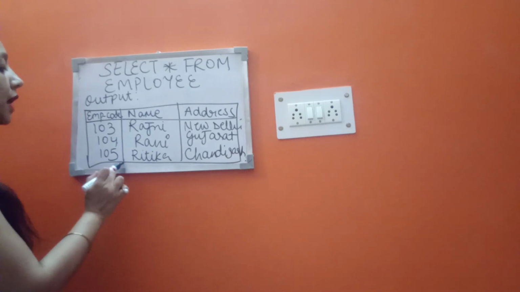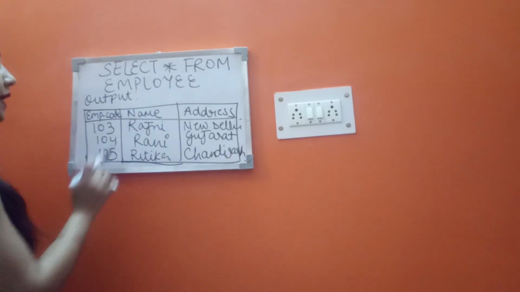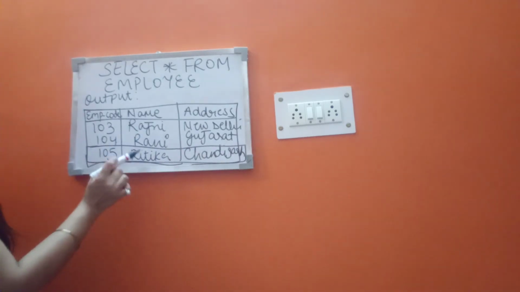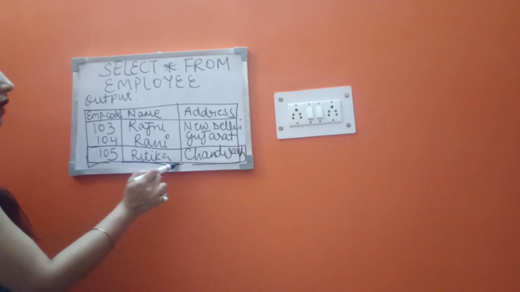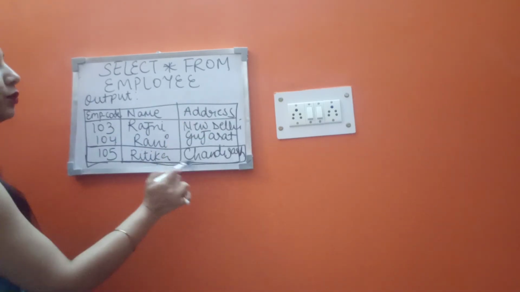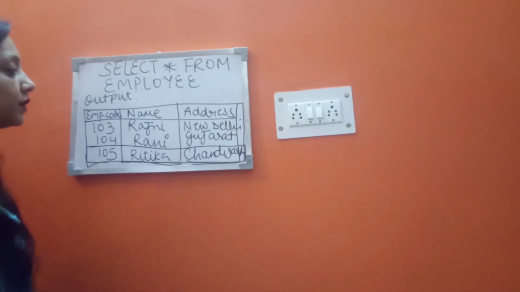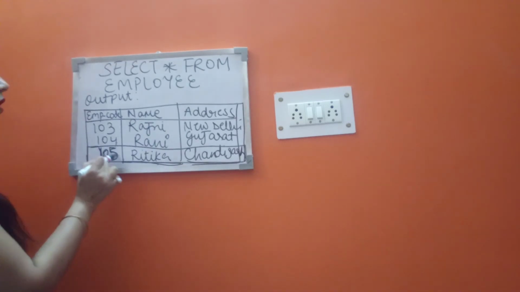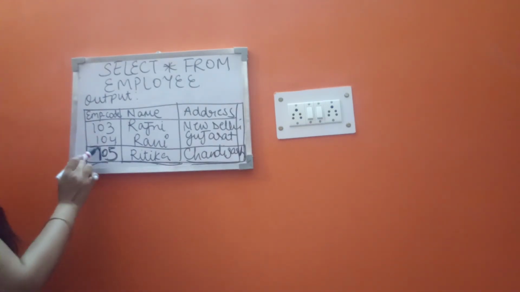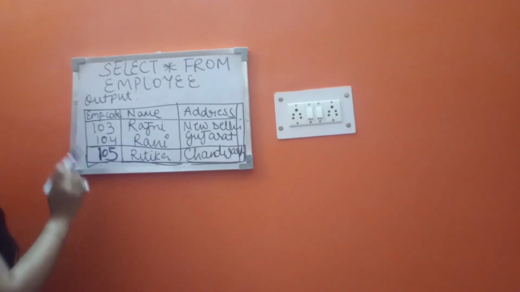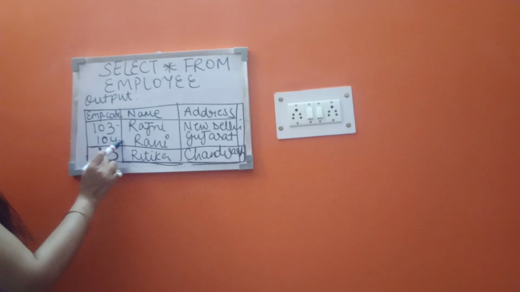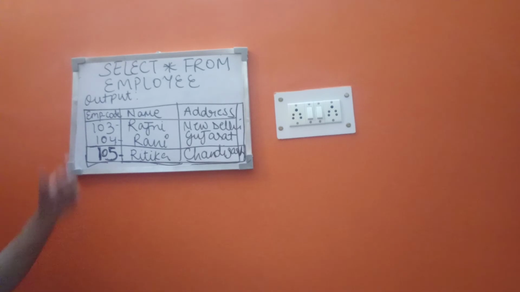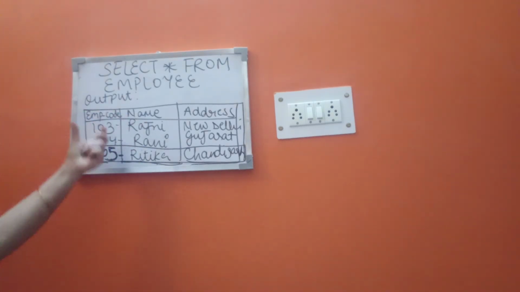Now, the result of the execution of this query gives you a table which contains one more record, that is, an additional or a new record. Here you will see that the name which you entered is provided under the name column. The address that you provided is mentioned under the address column. Plus, you did not have to take the headache of writing the employee code again and again, but automatically it incremented the value of the employee code by 1. The previous employee code was 103, 104, and the new one, automatically it has assigned the value 105. That is, an auto number sequence has been generated here.